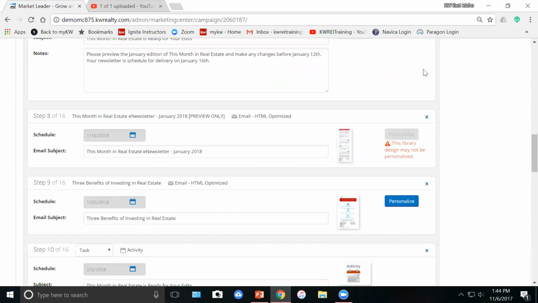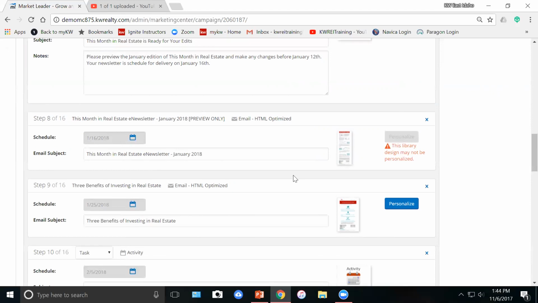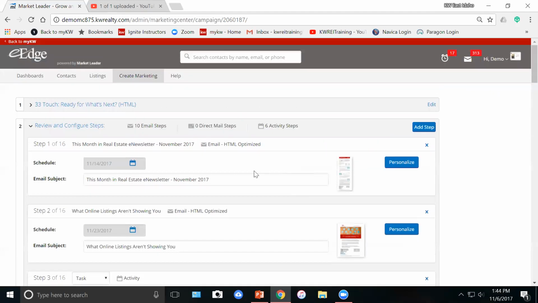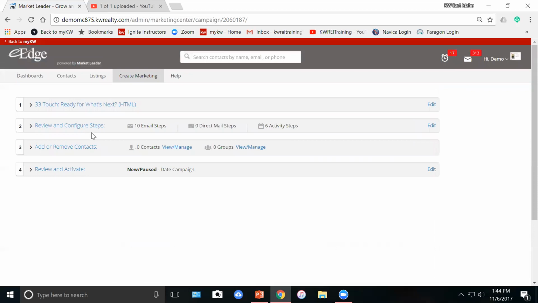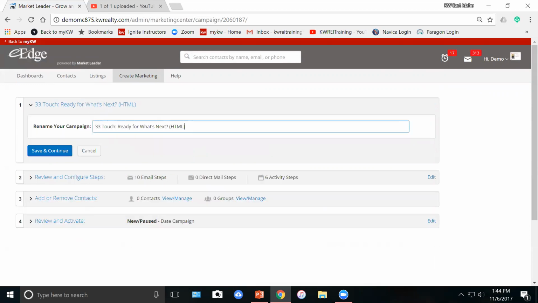Okay, perfect. Now scroll up just a little bit and click on step 2, where it says Review and Configure Step. Click on that so it sucks it back up. Now you can see that you have 4 steps. Click on the first step, 33 Touch Ready for What's Next, and I want you to rename this. Take that HTML off, and put today's date,